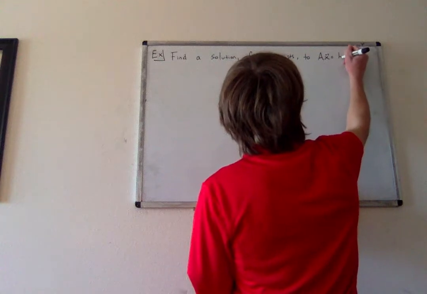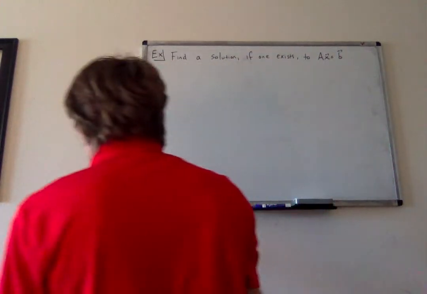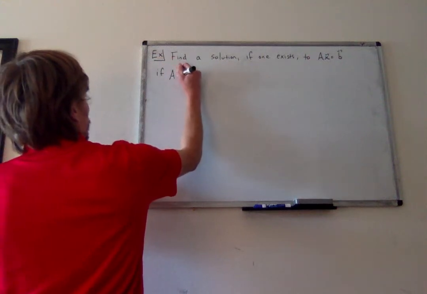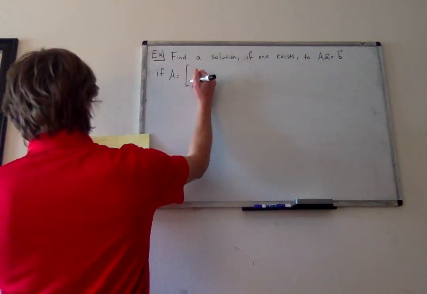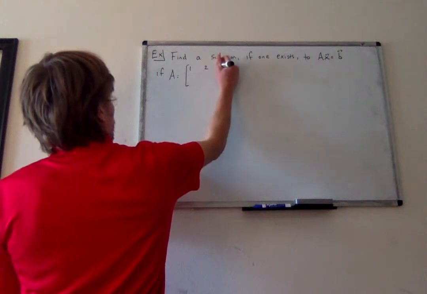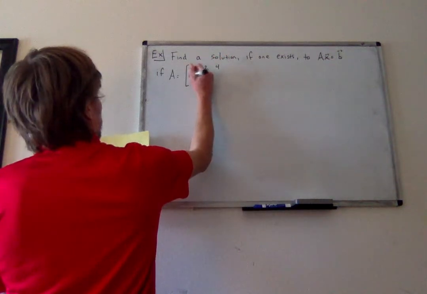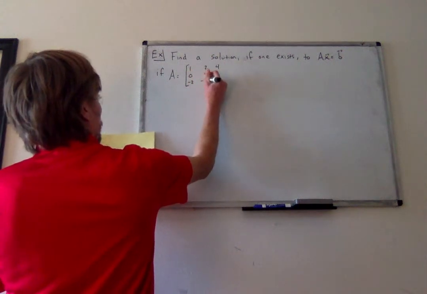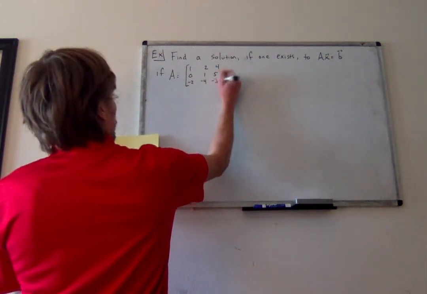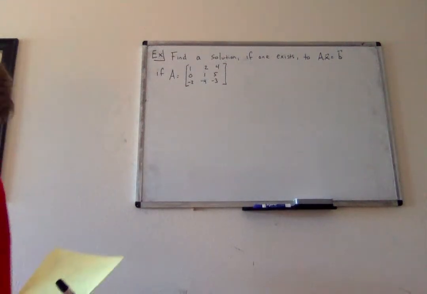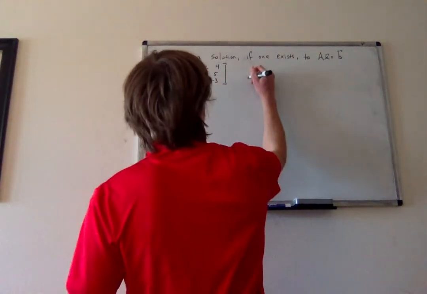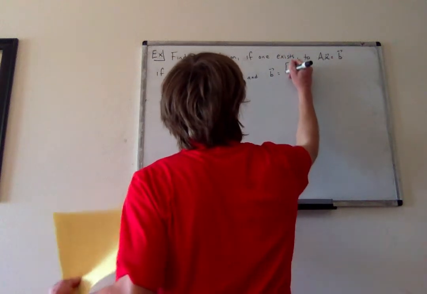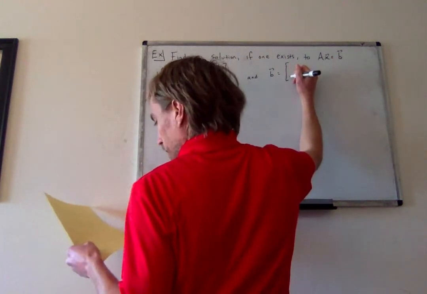And remember, this is just our new way of representing a system of equations. If A is the following matrix, and b is the following vector,